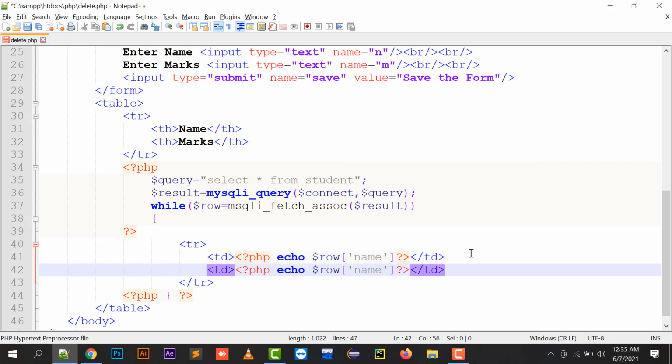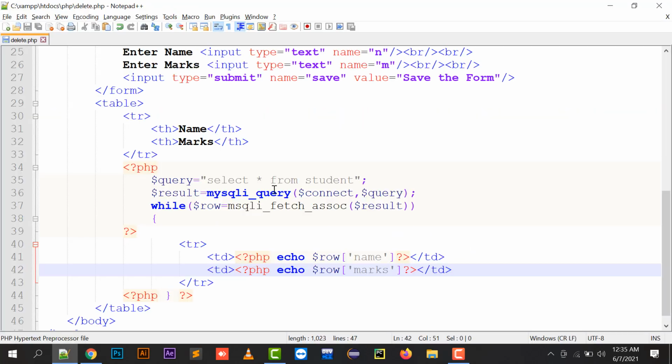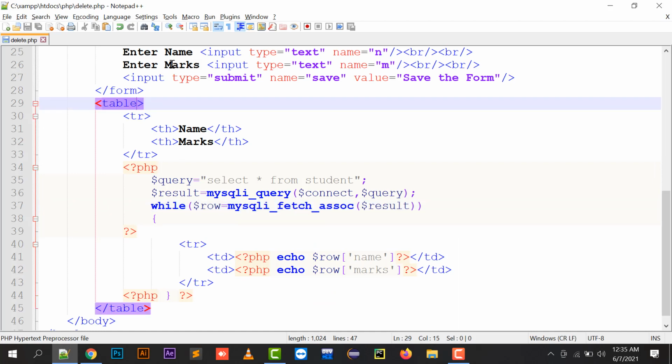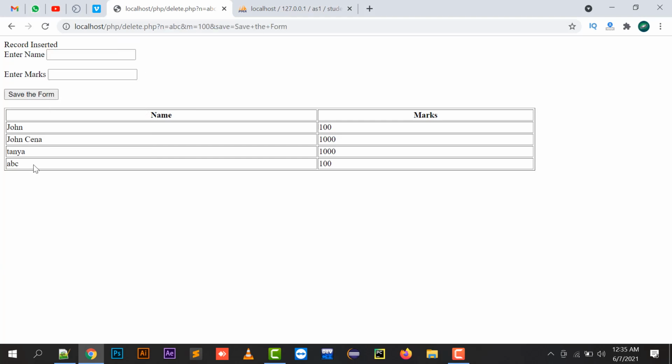So here my records have been displayed. I can put here a border of 1 and width of 80%. So this is my table. If I add anything over here, it is going to display at the bottom of my table.